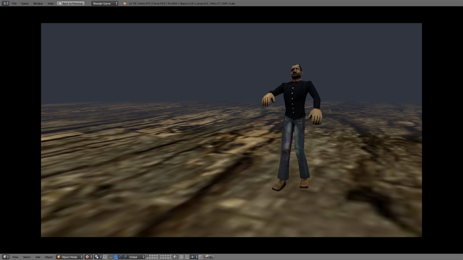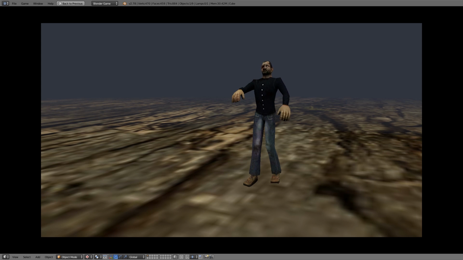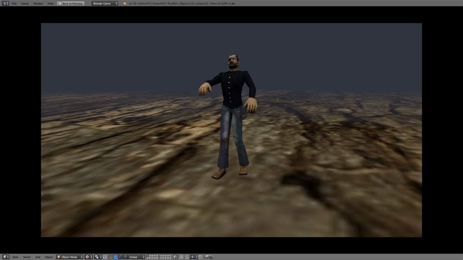Zombies, the one type of AI that everyone wants to create when they're starting out using a game engine. Now, the zombie AI itself isn't very complicated, but it's a good stepping stone towards more complicated AI, such as NPCs or other enemies that are more advanced. So in this tutorial, we'll be going over how to create this zombie AI from scratch and set up his